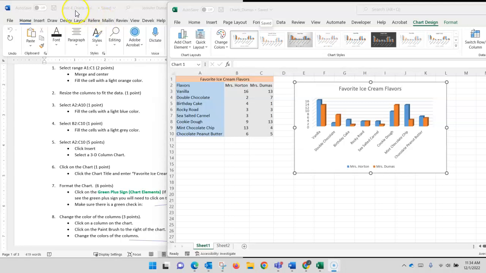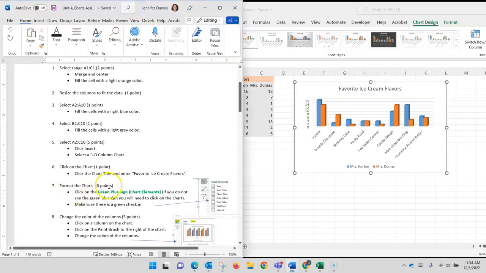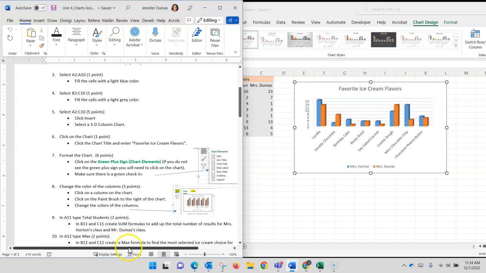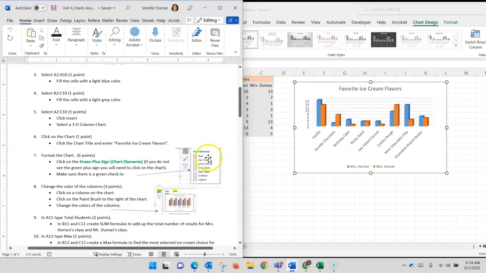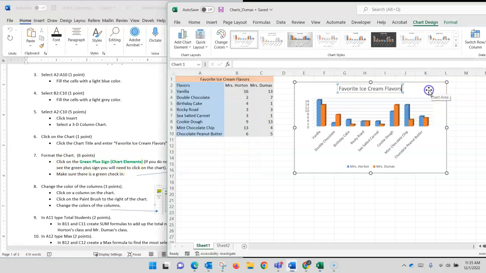If you have started the project, you will open the directions from the class announcements, but you will open up charts_your name wherever you may have saved it the last time we were working. Step 7 has us formatting our chart. And so what you will see is little pictures and diagrams in the directions of what the formatting will look like. So we're going to format the chart, and how to do that is we click on the chart one